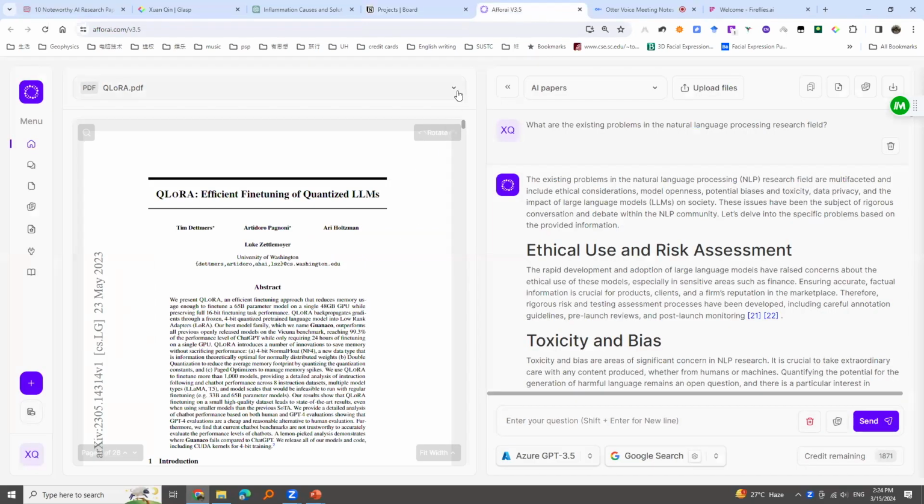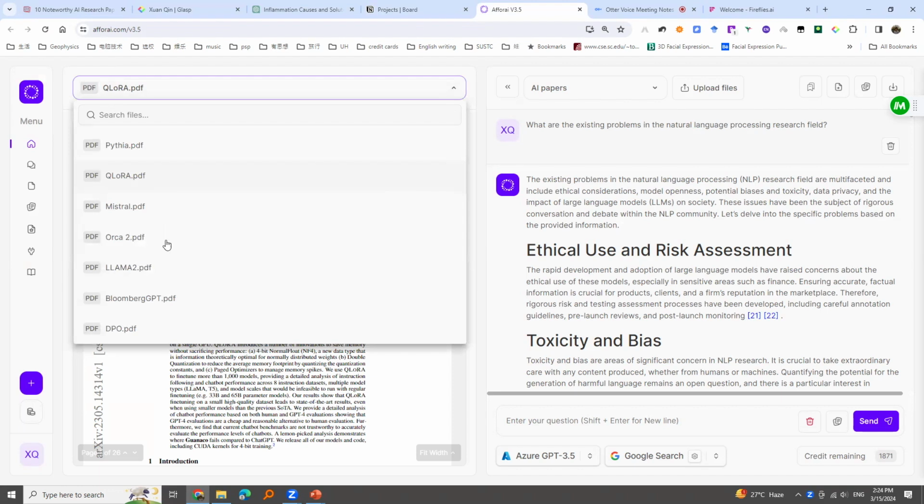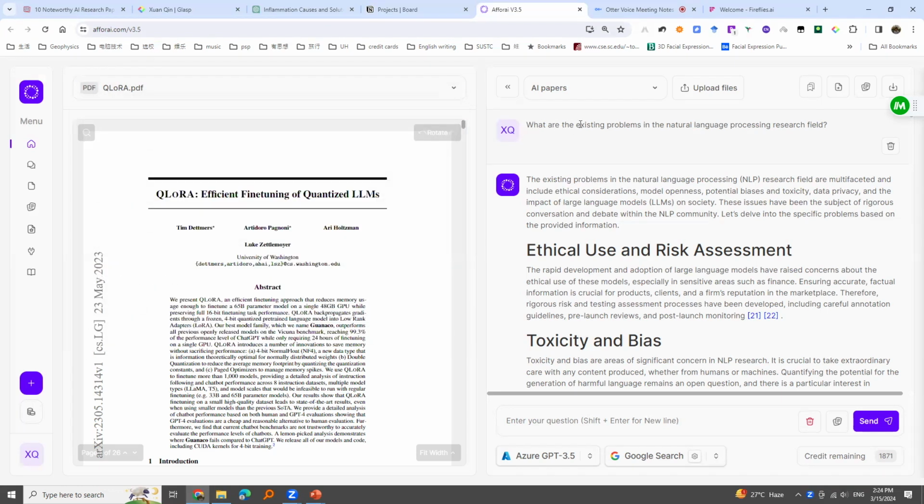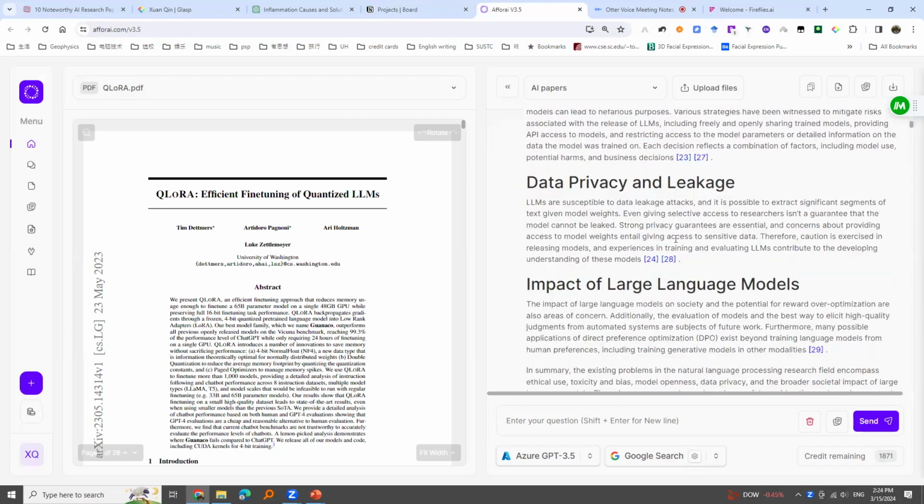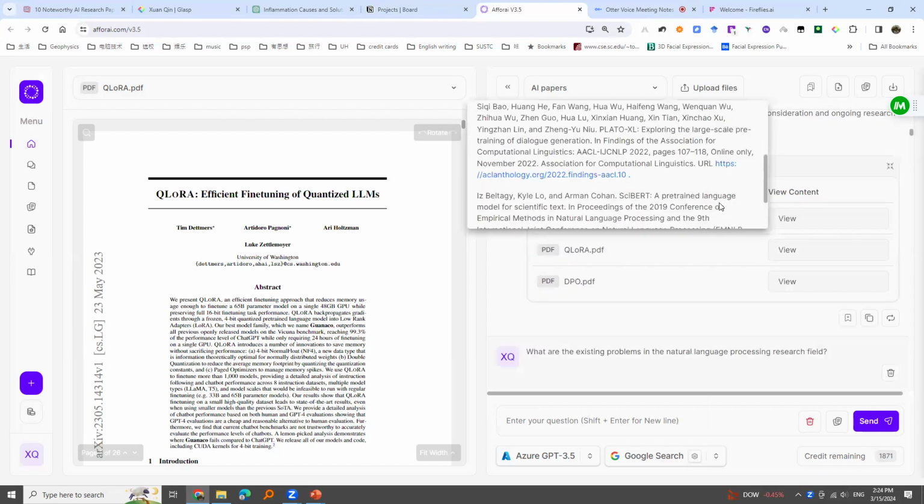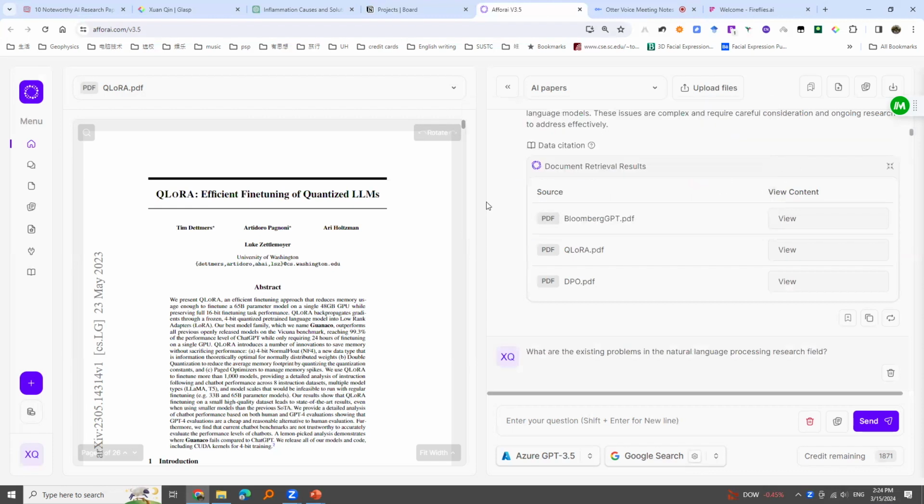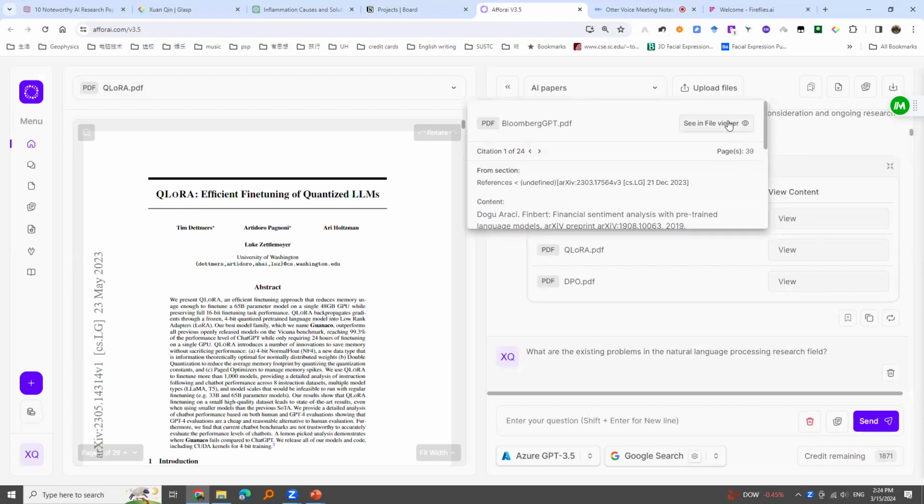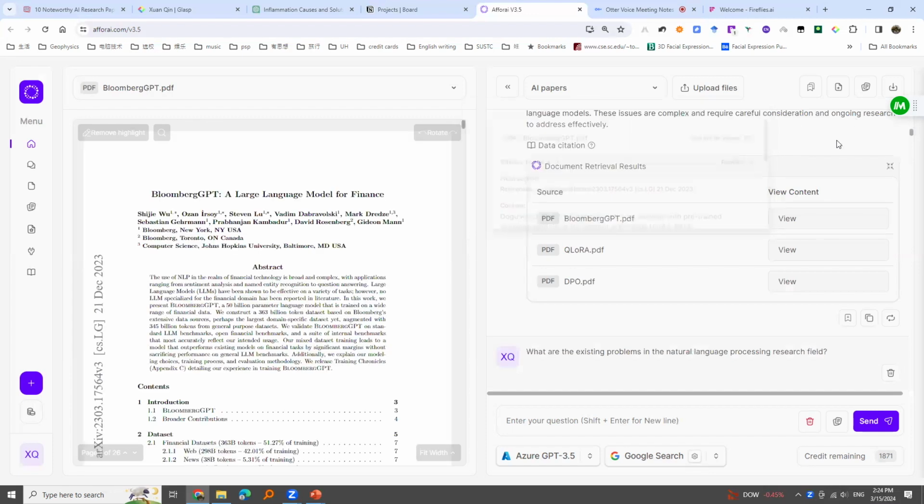So that's the 10 papers I have downloaded based on the blog. And 7 of the 10 papers are related to natural language processing in 2023. So we can ask some basic questions like what are the existing problems in natural language processing? And it can search within the provided 7 papers with the linked reference. So we can directly view the reference, and we can also locate it in the file viewer,